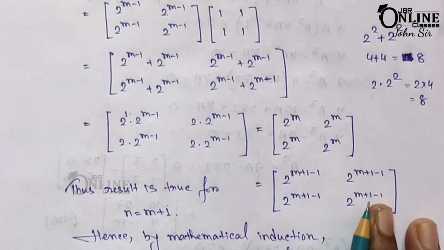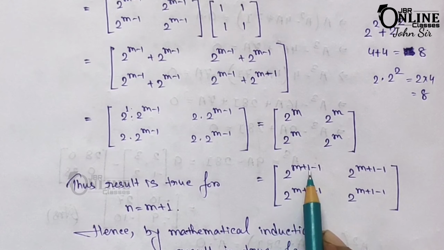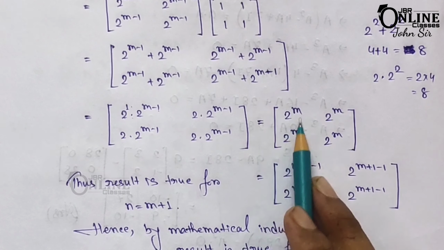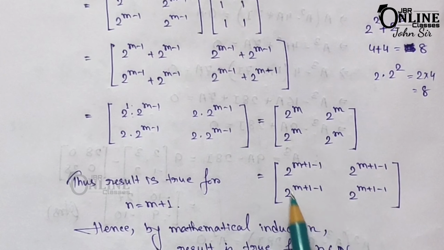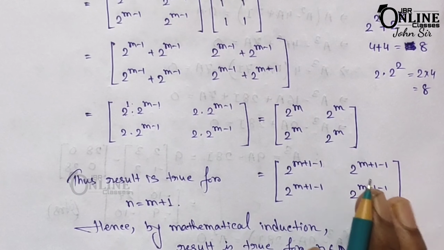ओके, अब 2 to the power m को आप चेंज कर सकते हैं, ऐसा लिख सकते हैं 2 to the power m प्लस 1 माइनस 1, फिर 1 1 कैंसिल आउट हो जाएगा, फिर से आपको ये वाला लौट के आ जाएगा. सो यू कैन रिप्रेजेंट दिस मैट्रिक्स लाइक दिस वे, 2 to the power m plus 1 minus 1 and all the elements will be same.